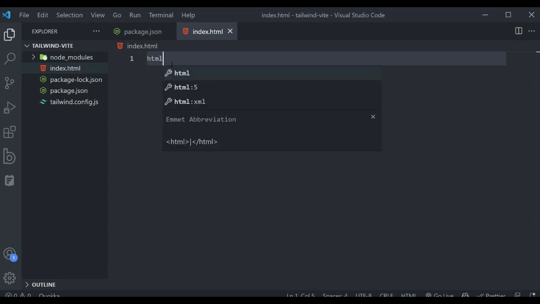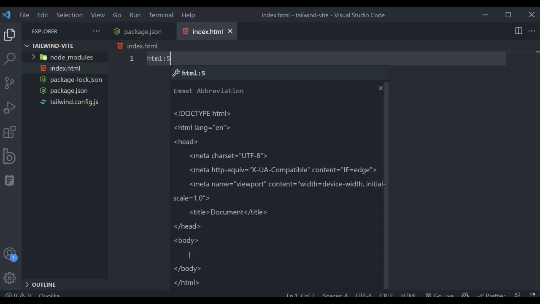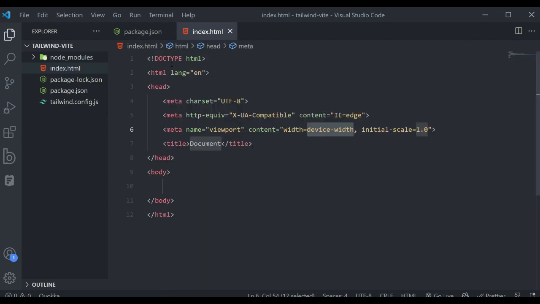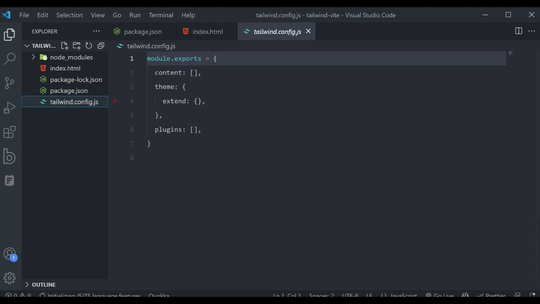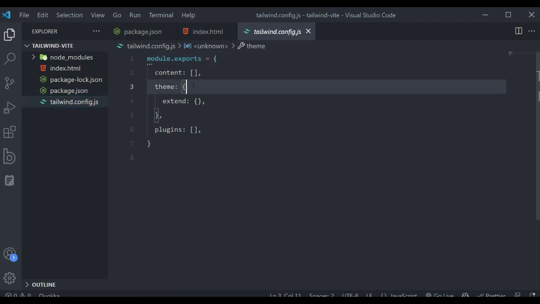So html colon 5 and press the tab key. We will have title Tailwind CSS Vite. Okay. Now inside of tailwind.config.js we have to target index.html file. So inside of root folder we have index.html. So inside of this array we can add path like this,